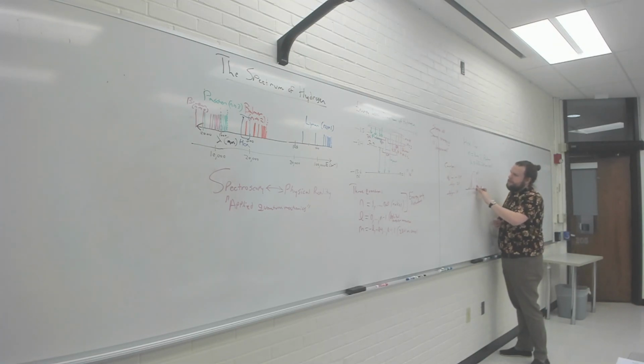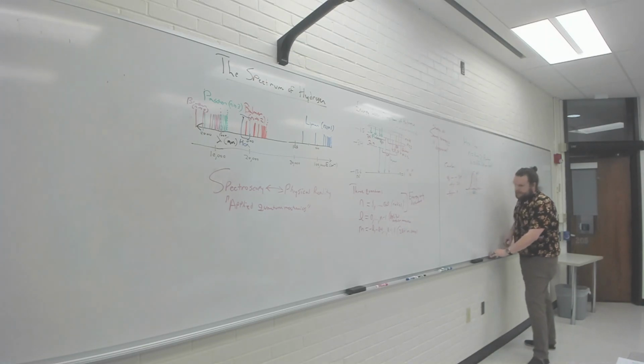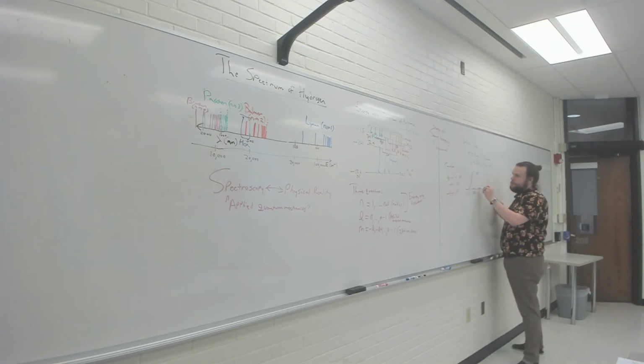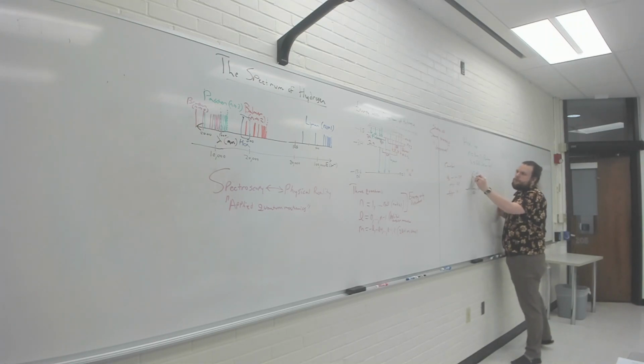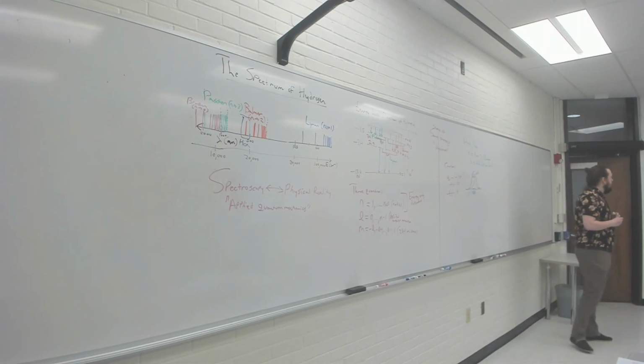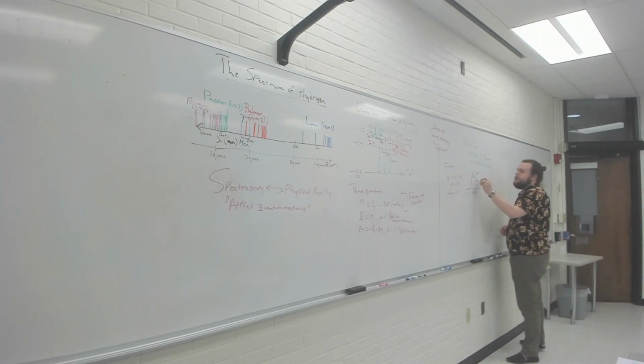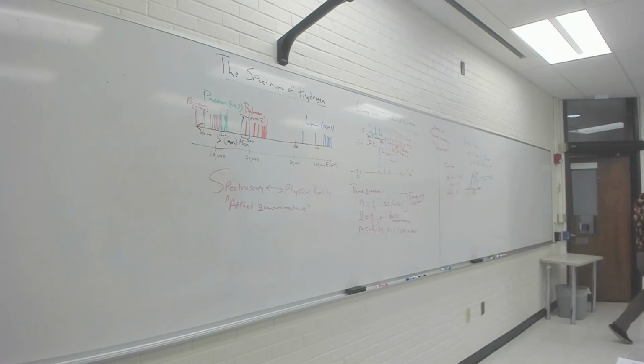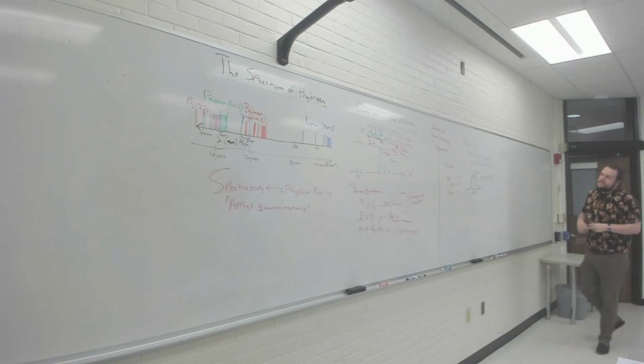Let me clean it up and draw it again. So you have one line that looks like this. And I'll draw the other component in a different color, like this. You have this very small splitting here. Right, there are two lines there. Okay, so new measurements show that there's a doublet there, right? Which means that